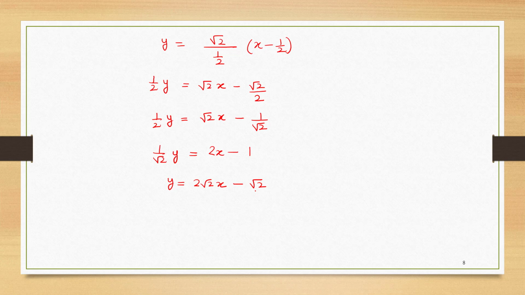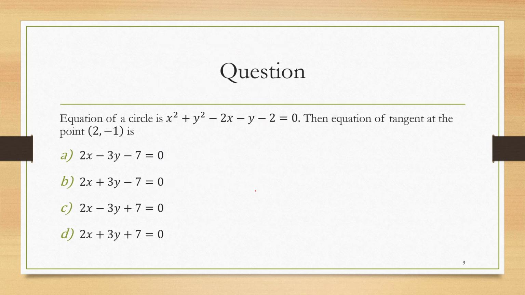So you can use any of the methods. Method 1 is precisely what we have to use if we are given equation of tangent. But if we are given equation of circle, then we can use any of the methods. So let's see with the help of MCQs how we can do it. You can just pause the video for 30 seconds and try to attempt this MCQ on your own, and then you can see the solution. I have given the solution with the two methods.